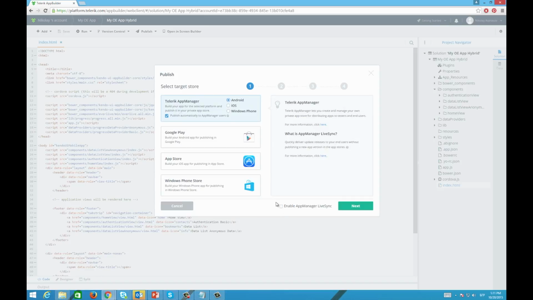I'm also going to select Enable App Manager Live Sync so that whenever I do a change or an update to my application, that change will automatically be synchronized with all the devices that have this application installed. I wouldn't have to go through deploying the application again, be it on the Telerik App Manager store or on Google Play or on App Store or Windows Phone, whatever. I wouldn't have to go and